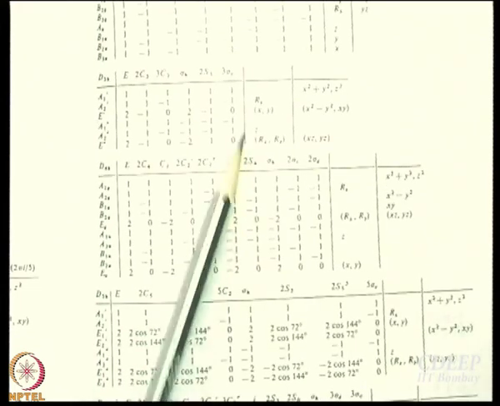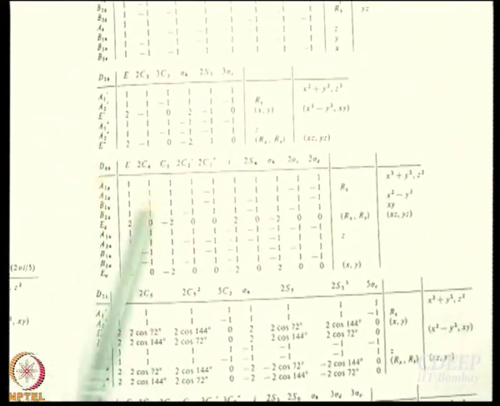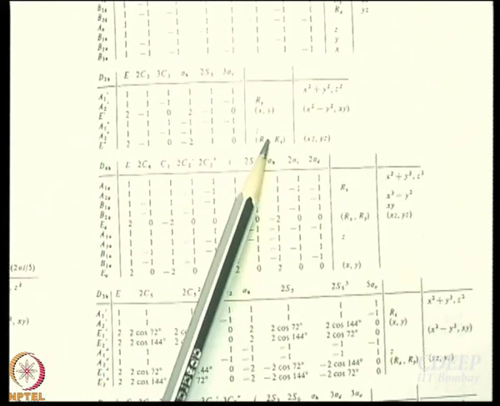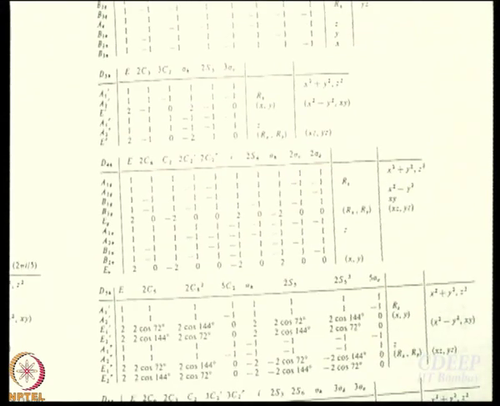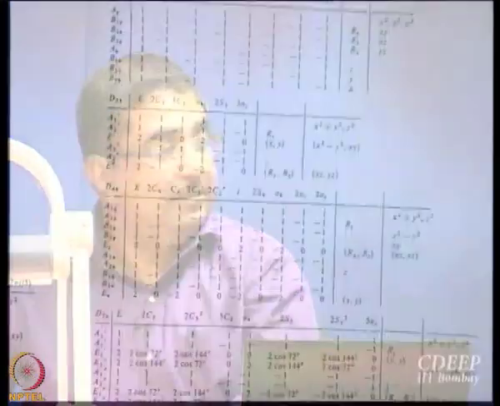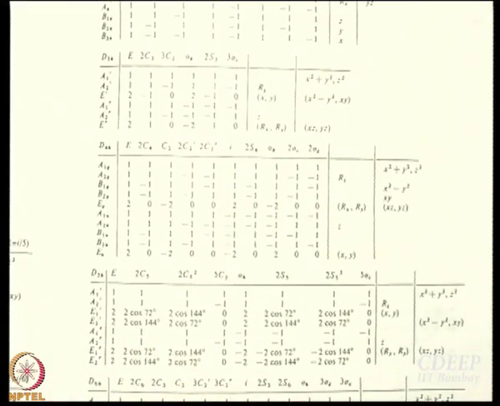Okay, what about rotational motion? RZ is here, A2 dash, and Rx and Ry jointly form a basis for E double dash, right. So, what I need to do now is remove the irreducible representations corresponding to translational and rotational motion. Then whatever is left will be the symmetry species of vibrational motion. Simple? Let us do it. Did you take down what is what? Symmetry species for x, y, z, Rx, Ry, Rz.